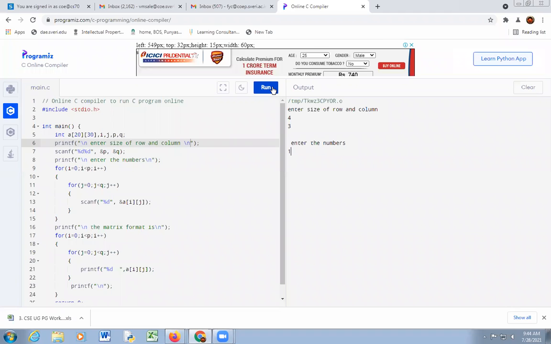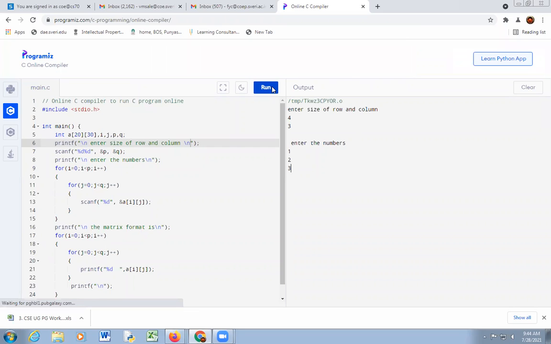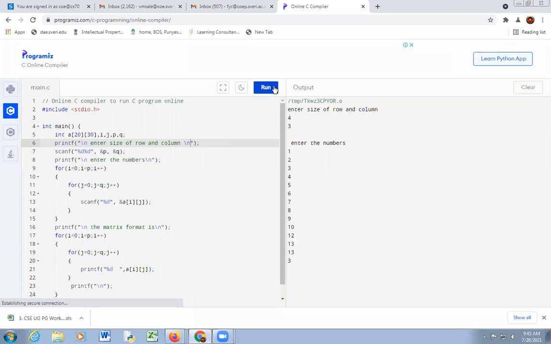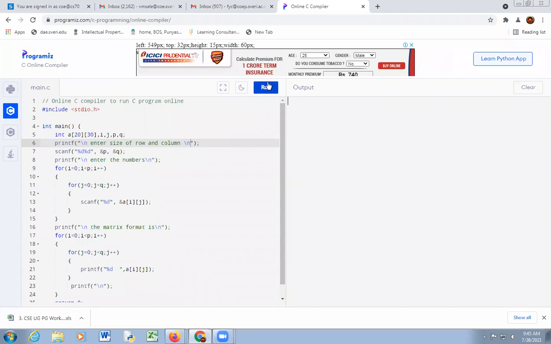Enter numbers 1, 2, 3, 4, 5, 6. And row size suppose 2, column size suppose 2.